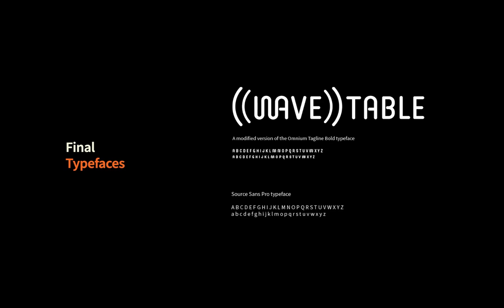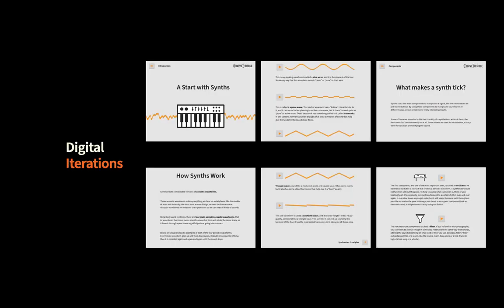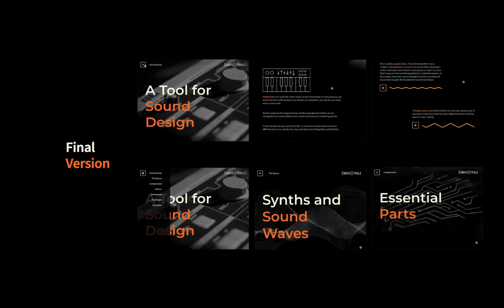For the screens, I started by creating paper prototypes and mapped out where graphic elements would go, where text would go, navigation elements, and pretty much all the aspects of the app. Digital iterations were then created, and initially my project was, as you can see, dominated by white, but this would eventually be changed, and my project would then be dominated by black in the final versions, which I believe to be much more aesthetically pleasing and interesting.